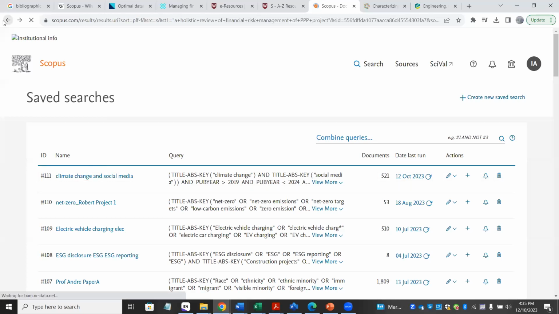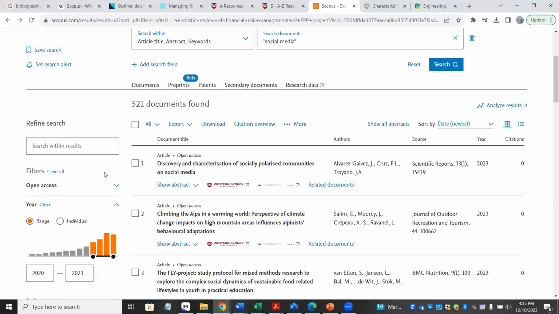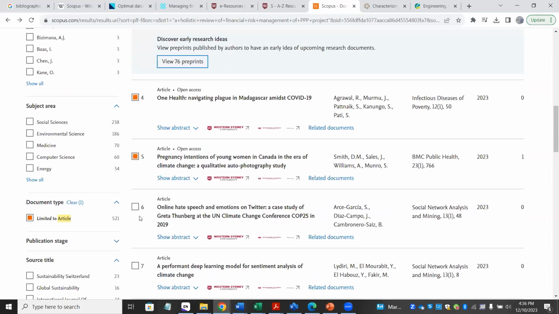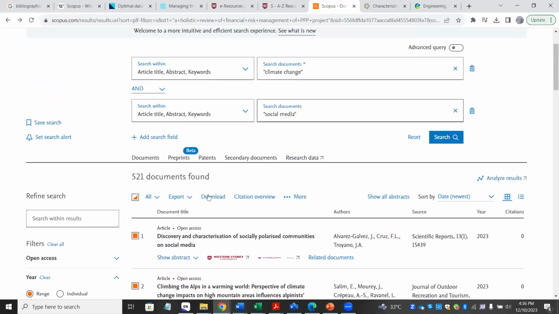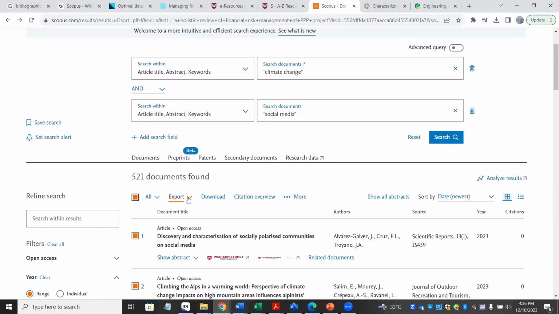Okay, so that's good. Now let's go back. Now I want to export these 6 documents that I consider to be important. If I decide to export them, what will happen? Don't forget we can export all of them as well. I'm just exporting some of them. Okay, at this point, let me even export all. If I want to export all, you click on all, then you click on